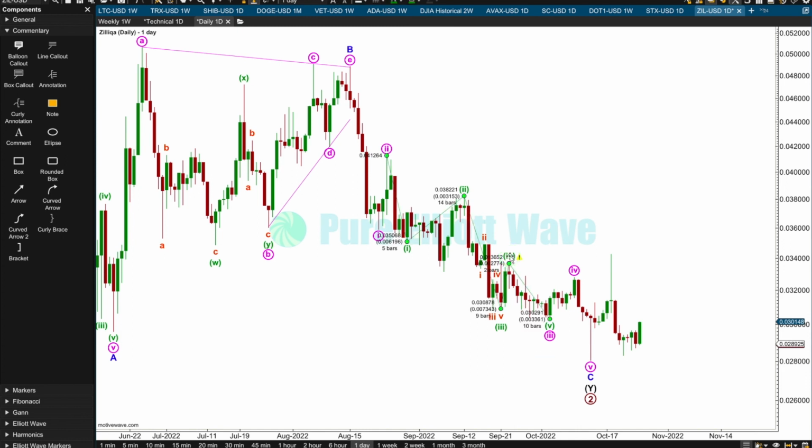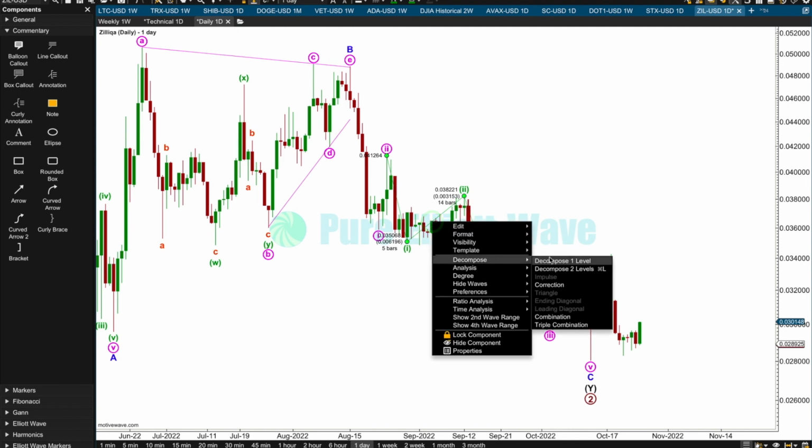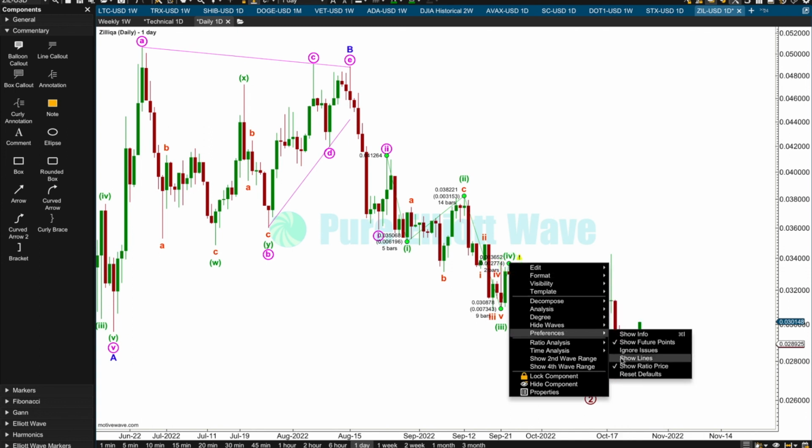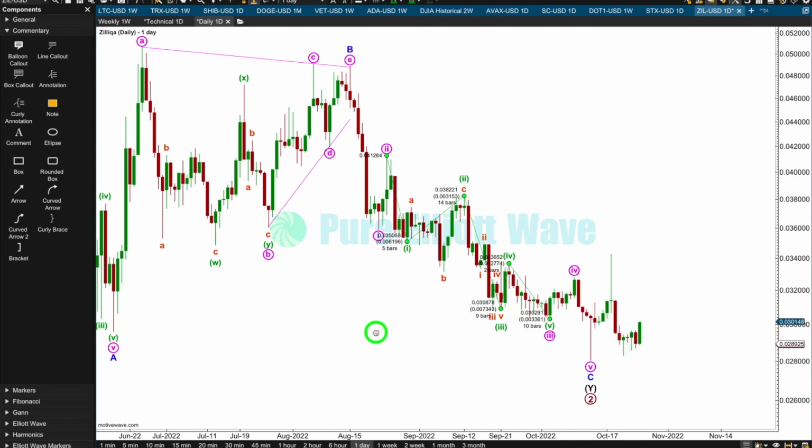Okay, so here's an Elliott wave rule, which is often misunderstood, and Motive Wave also misunderstands it. The rule for a 4th wave within an impulse is it may not move back into the 1st wave price territory. If you have an expanded flat in a 2nd wave position like this, the 4th wave can move into the 2nd wave price territory and the wave count's valid. The 4th wave may not move into the 1st wave price territory, so it's remained below 0.035068. So when Motive Wave tells me that's a problem, I just ignore that because that's not a problem, the rule